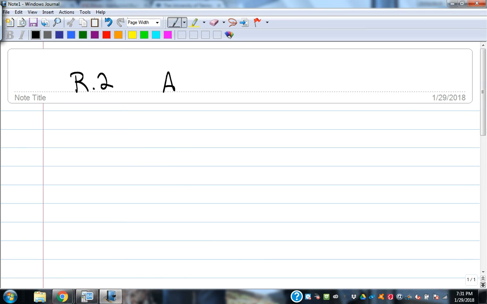R.2. Talk about absolute value a little bit, and not so much absolute value graphs, but absolute value as an equation type situation, or an operation actually. So absolute value, what is it? Anybody know? I think we all know what it does, but